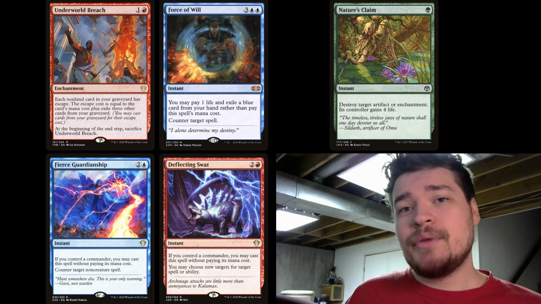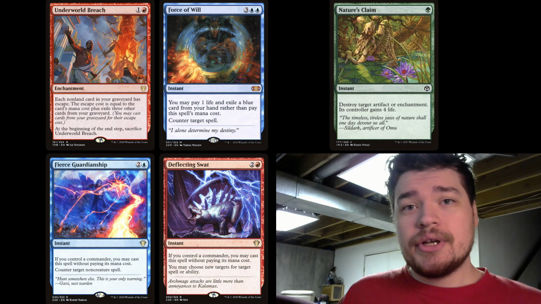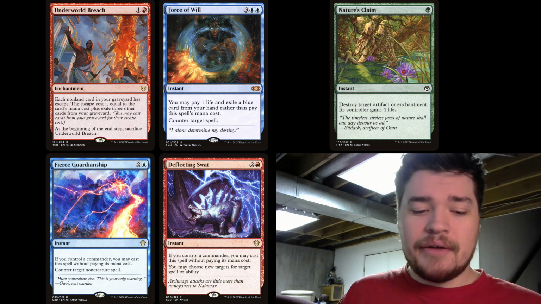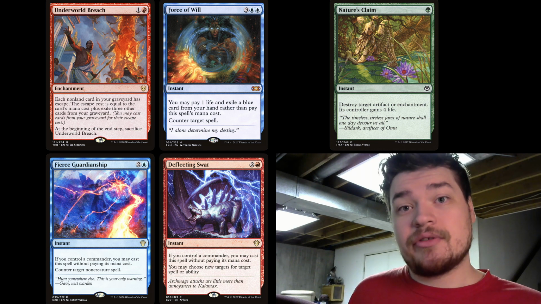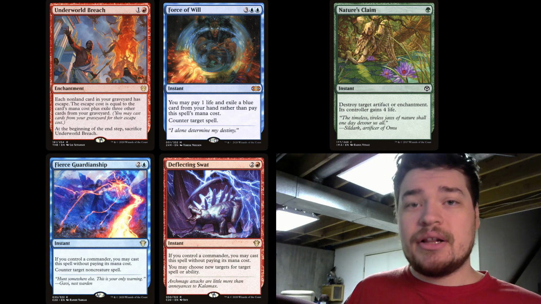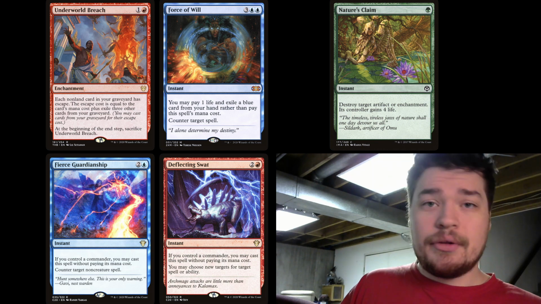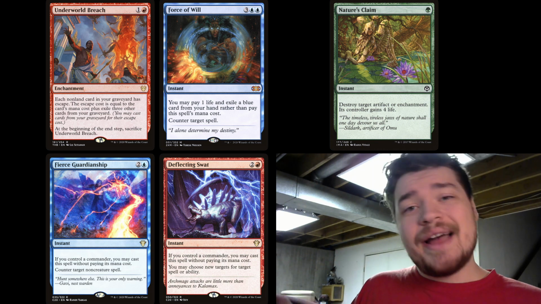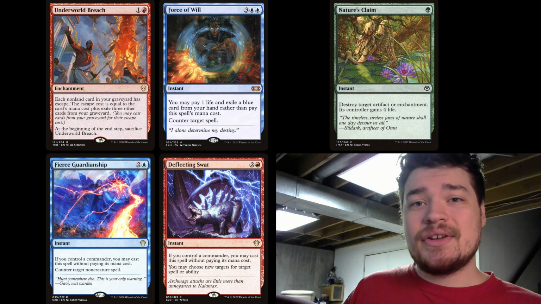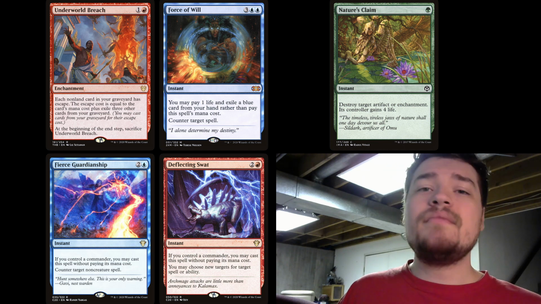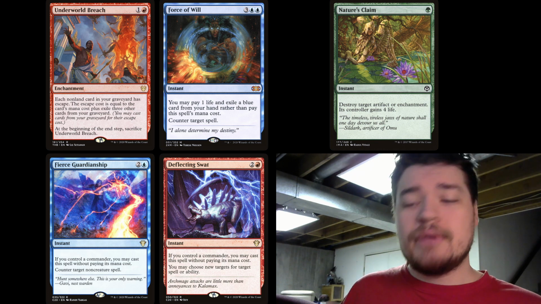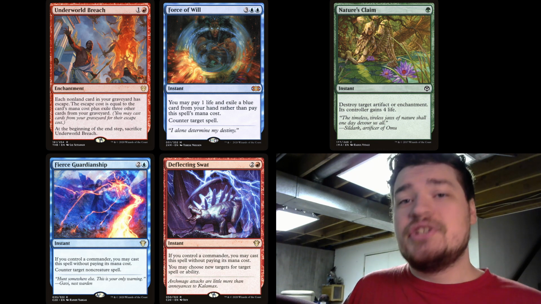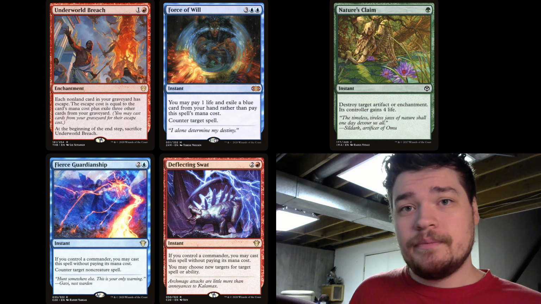You see, if we take a closer look at Underworld Breach, you'll notice that it has a couple of specific parameters for what it allows you to do when you're casting the spells from your graveyard. Most notably, it allows you to cast them so long as you exile 3 additional cards from your graveyard, as well as pay the mana cost for the spell. Now, this is what's called an alternate cost for the spell. It gives you another way to cast it that meets different parameters than the original spell.